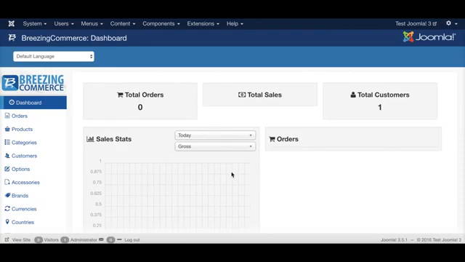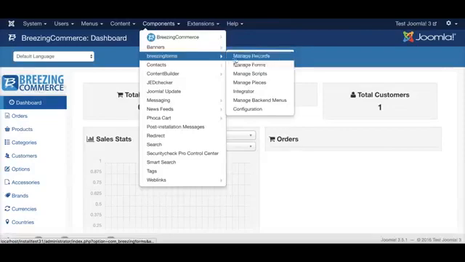I also assume in this tutorial that you already know how to install BreezingForms and BreezingCommerce, and that you know how to set up and use both. For BreezingForms, you will also need to install the content plugin and enable it, which is done already in this tutorial. And I also created a form already in BreezingForms,